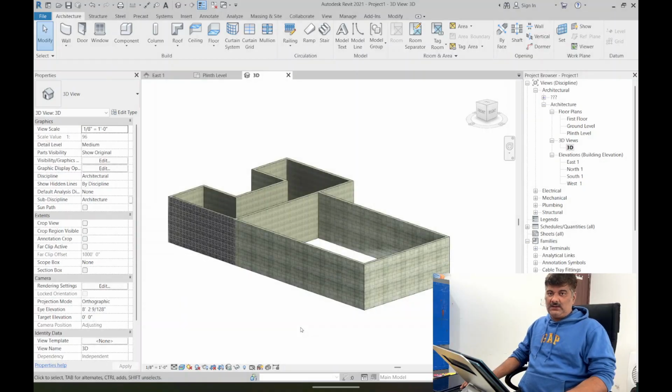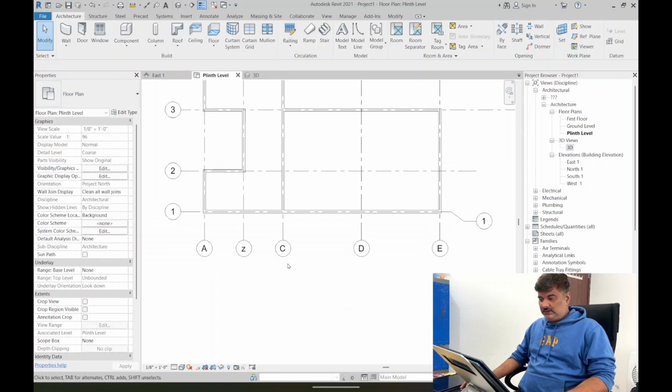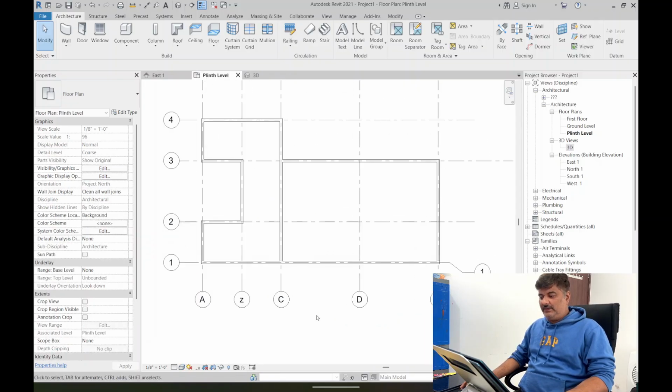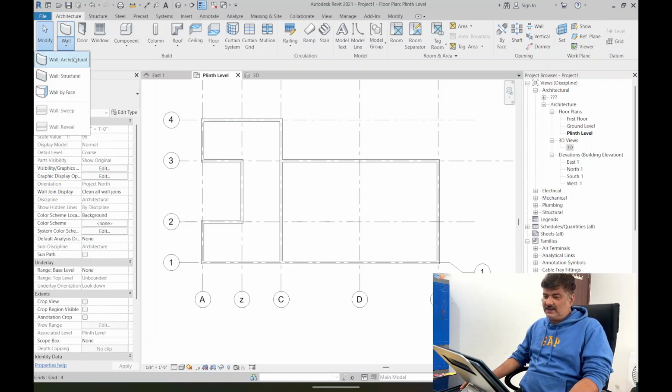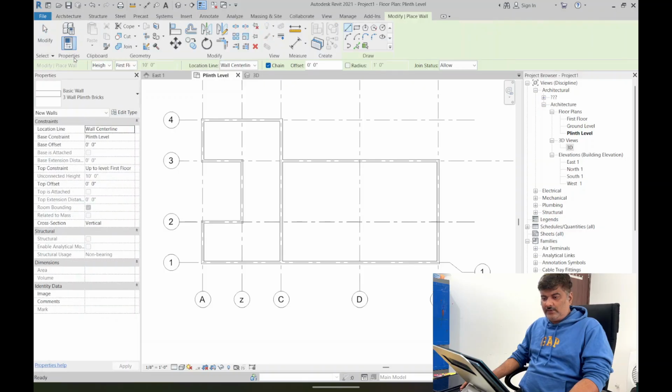Let's look at partition walls. Now, again, one of the things is, where do you give those walls? I'm giving it here. I want to give a partition wall made up of common bricks. So how do I do it? I go to architecture, I go to wall. It is the same place. All the walls will be made from this command itself. Here I go,